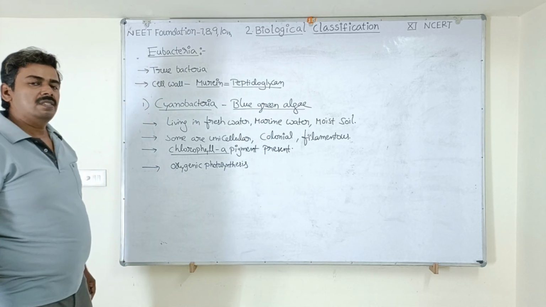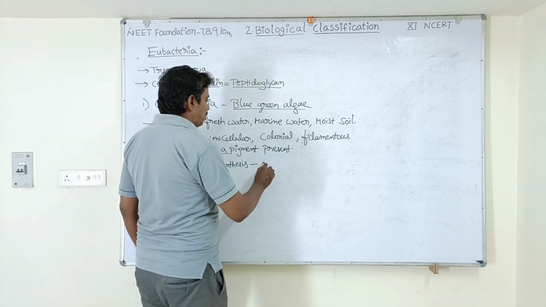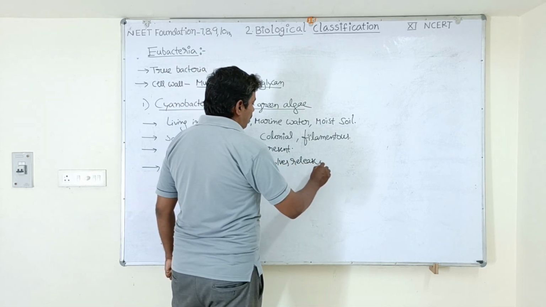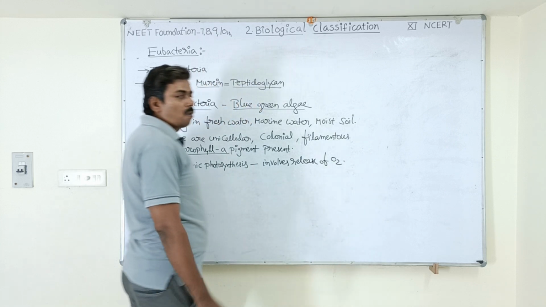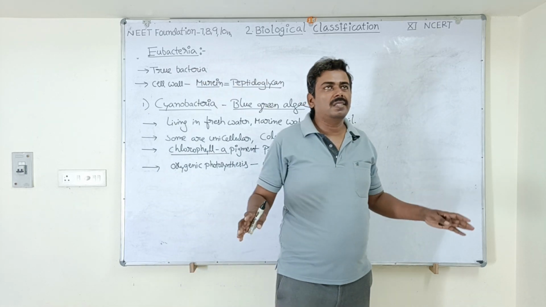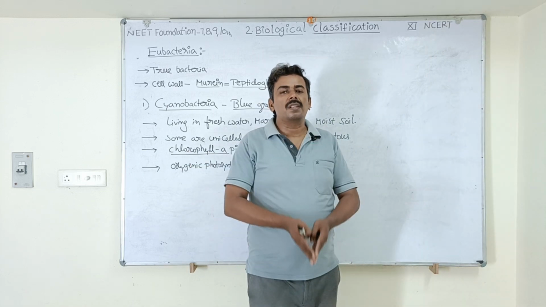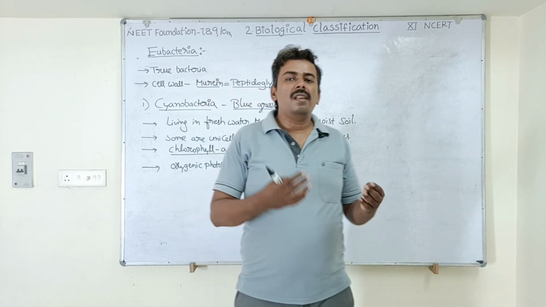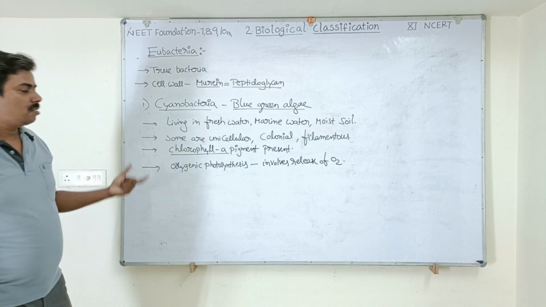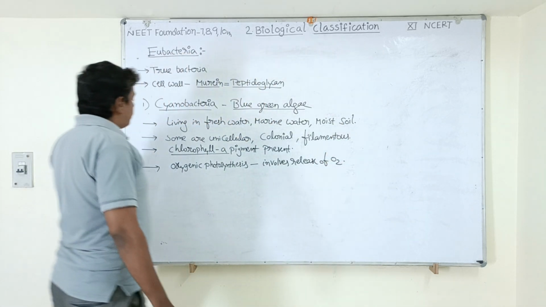So what is oxygenic photosynthesis? It is a photosynthesis process which involves the release of oxygen into the water. Okay, so once oxygen is released into the water, what happens? The water gets oxygenated. All other fishes can happily use the oxygen for their respiration, and some of the oxygen obviously will escape into the atmosphere. Okay, so this is a great benefit which the cyanobacteria do for the environment, that is releasing oxygen into the environment. Okay.